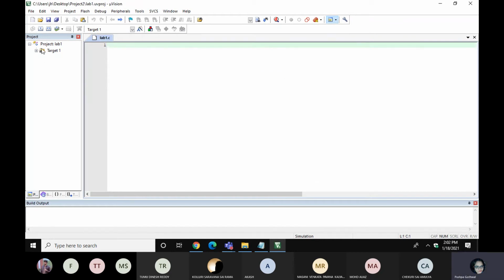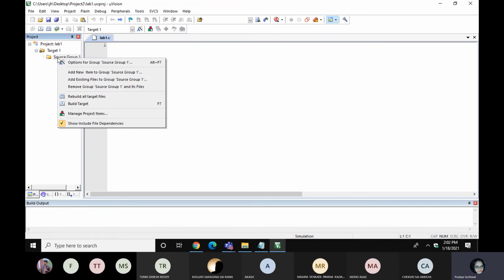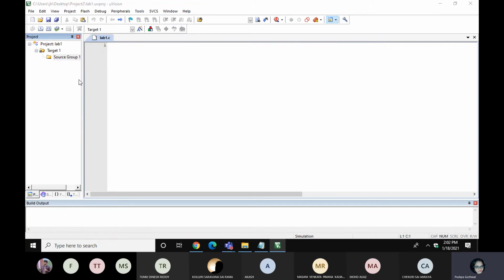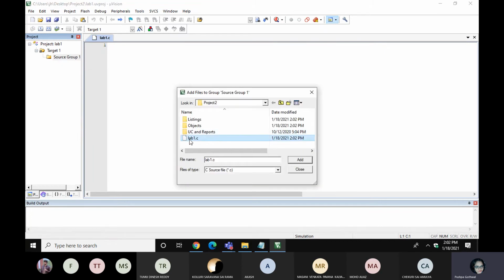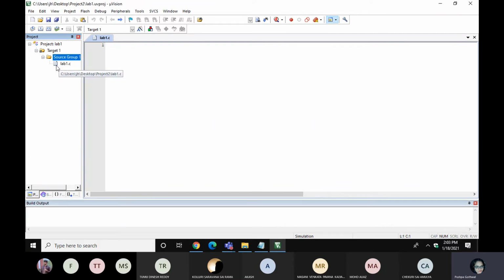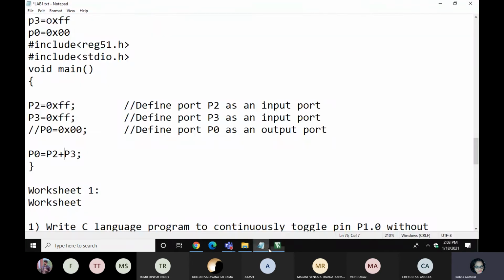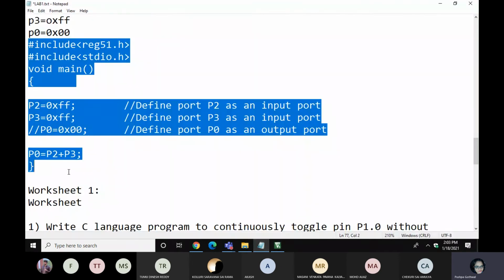Now this is your project window. Here you can see your target is created, project lab first. Now what you have to do? You have to right click and add existing files to the source group. You are just getting this file and closing. Here you can see your file is ready for compilation. Okay, now I'm just doing a copy paste of my code from my text file. This is my code. I'm just doing copy paste of my code.